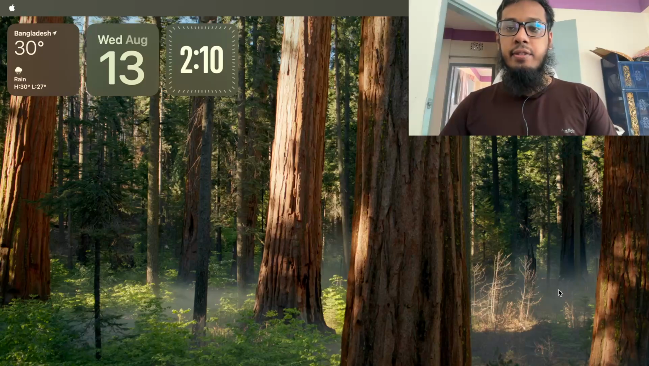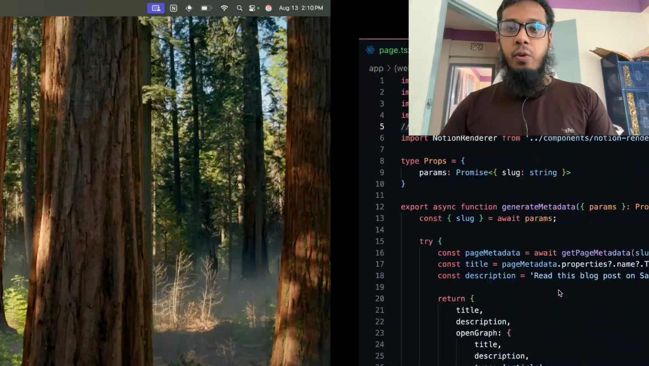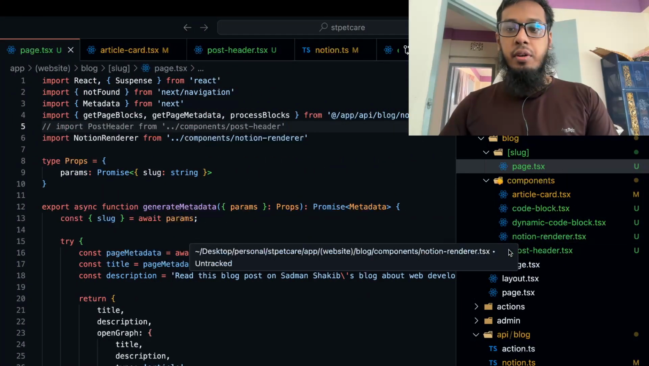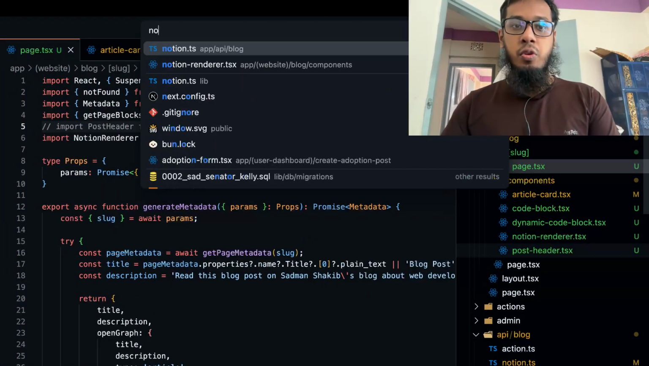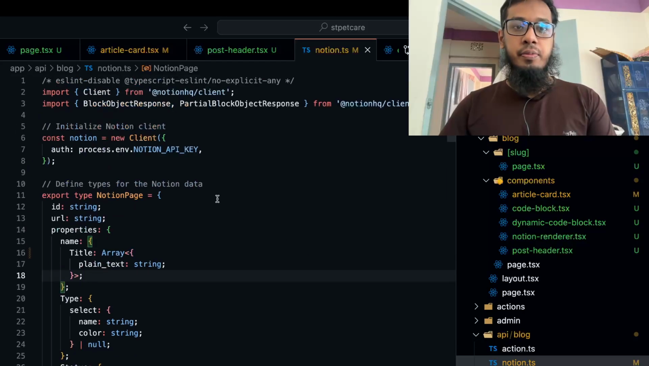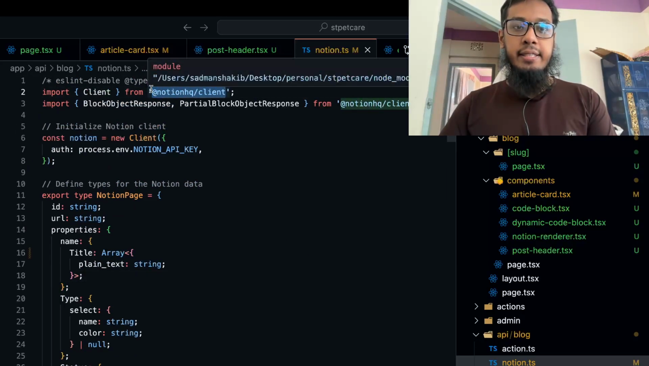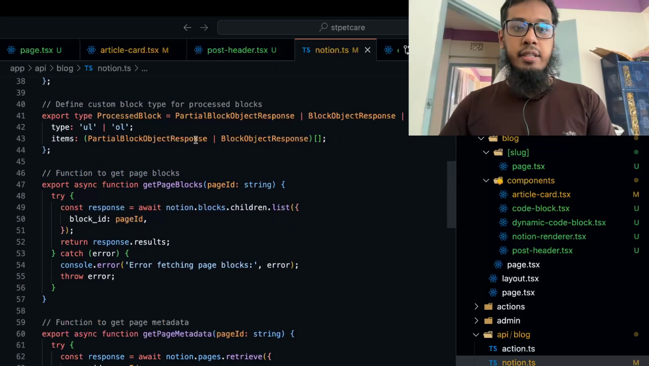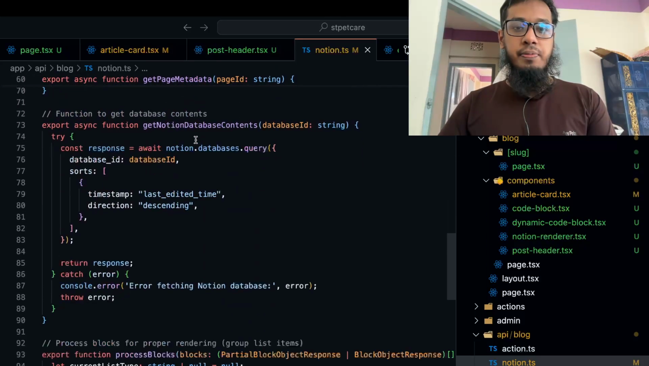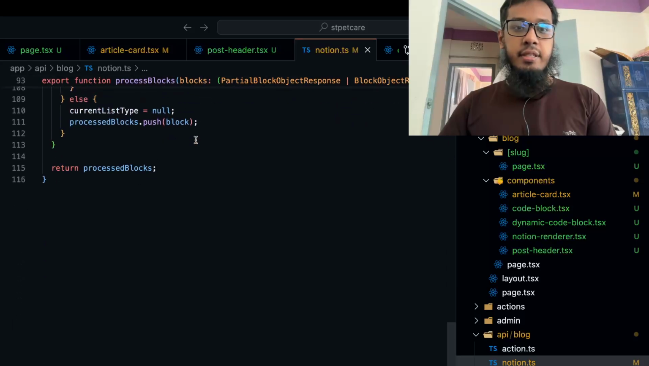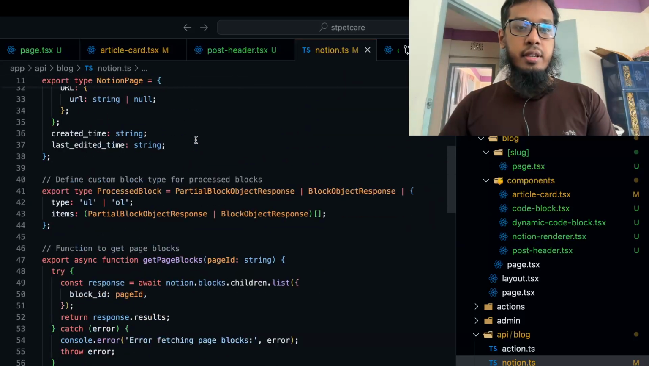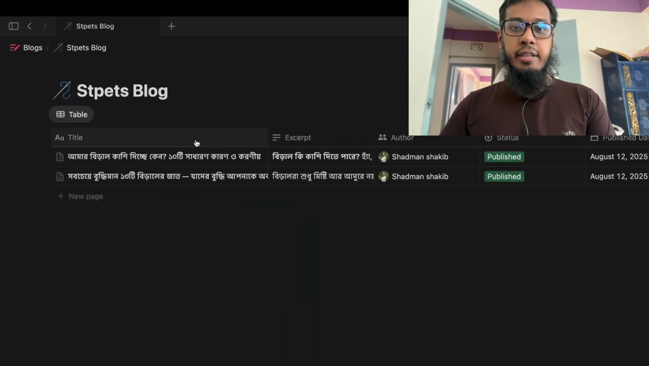For this you need to have the Notion API key and download the Notion SDK client package, and you are good to go. Pretty easy. You can create access to your Notion database and you can create beautiful